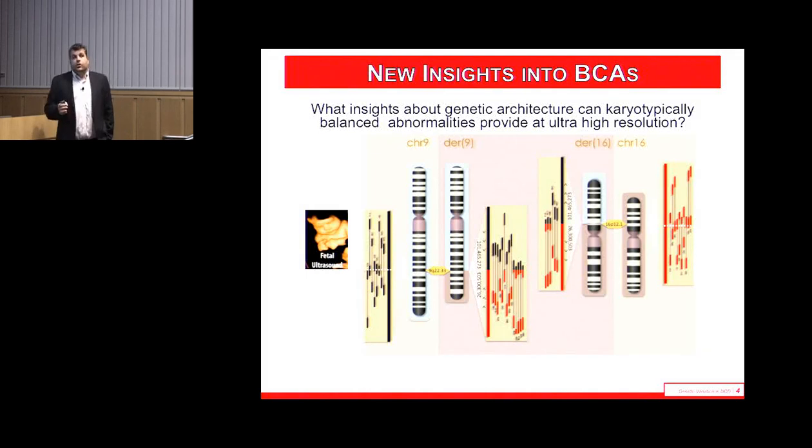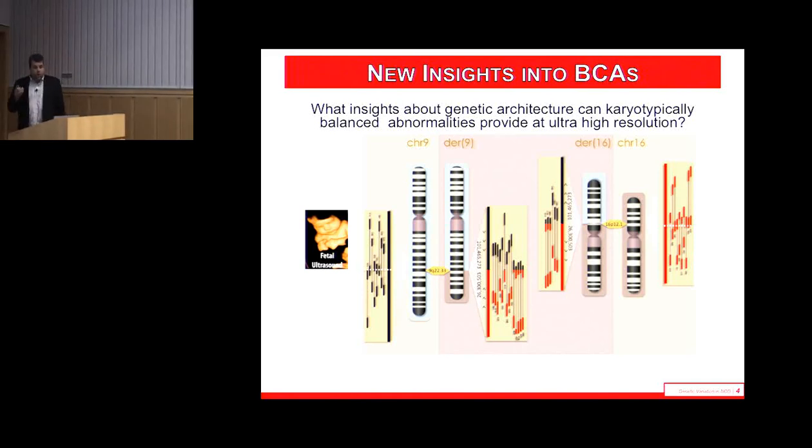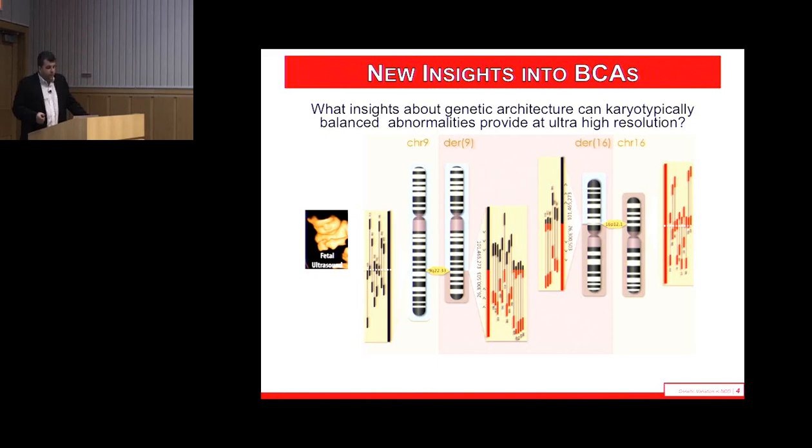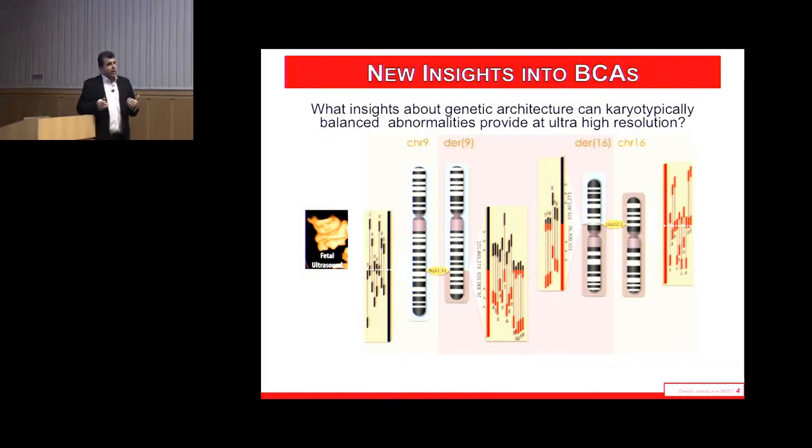It has nothing to do with the actual bands of the chromosome that are disrupted, the genes that are disrupted, or any information on what the risk estimate is. So starting several years ago when I was a postdoc, we have been sequencing these chromosomal abnormalities and asking the question of, at sequence resolution, can we improve that risk estimate? And can we get to individual genes that might provide us more information?